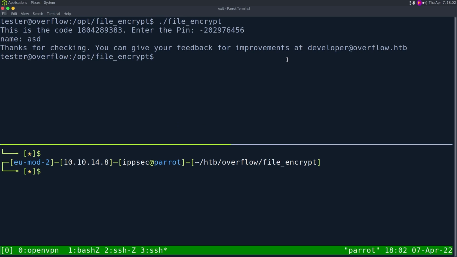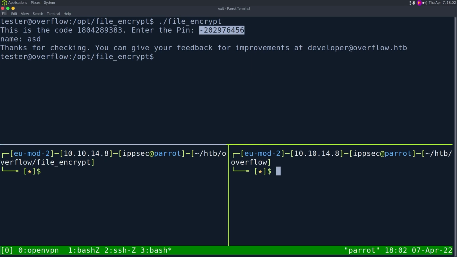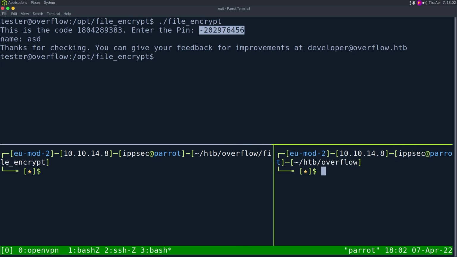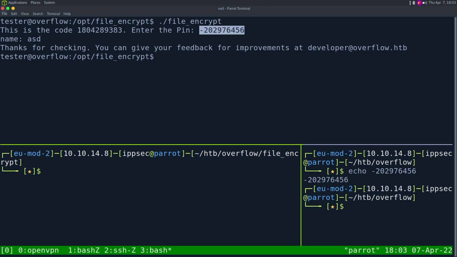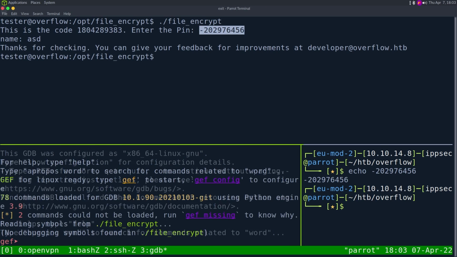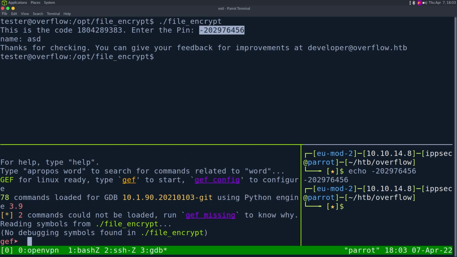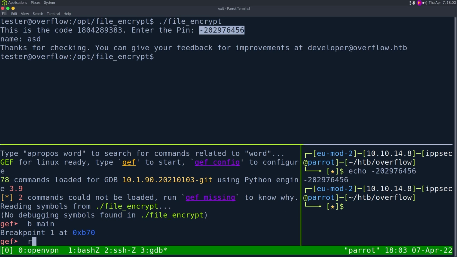So let's begin. The first thing I want to do is save this pin code over to the side because I have a feeling I'm going to be copy and pasting it a lot. So let's just echo to print that out so we can easily copy. And then we can do GDB on file_encrypt. And we want to break on main again. We can run it,